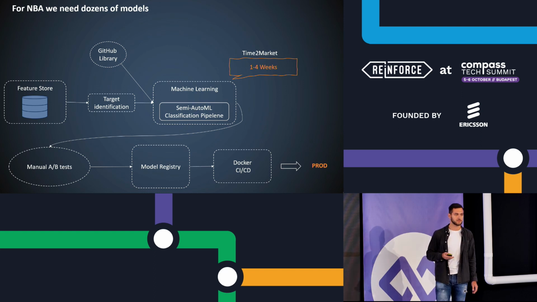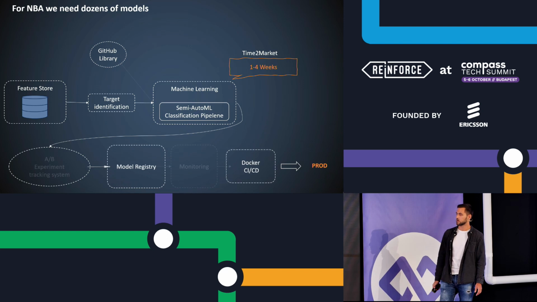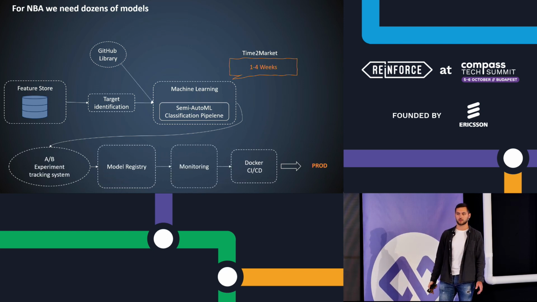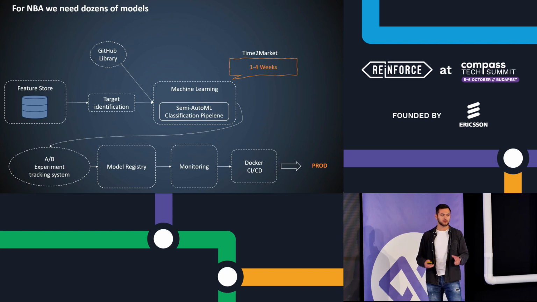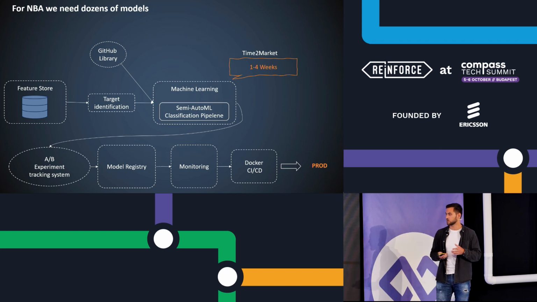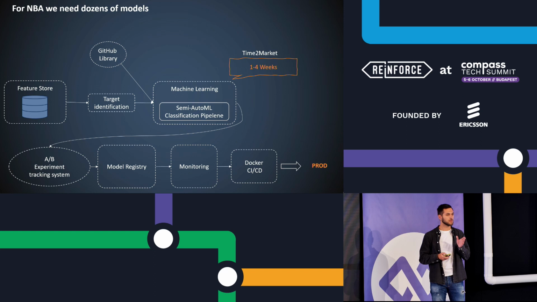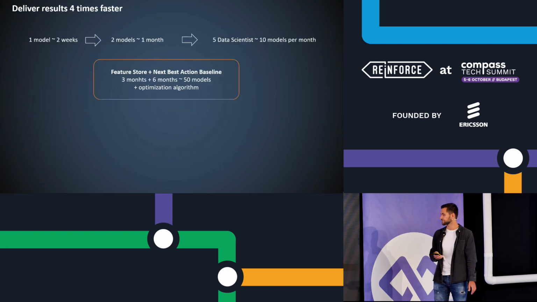What else can we optimize in this picture? For sure, we need to optimize the A/B testing methodology, because manual A/B testing is not good, and we need to think about some experimentation system which will pull all your requests, all your models into the right way, and to understand if there's a green light, that the model is working, or a red light, the model doesn't work. And a monitoring pipeline, which is very important when you put the model into production, and you need to understand whether the model works well. Is everything okay? Doesn't the model degrade in time or not?